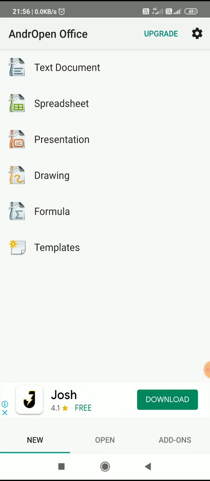Next is presentation. As I told, it is a combination of 6 softwares. The third software is presentation. In openoffice.org, it is Impress. Impress is a software which is used to make presentations, as is done in Microsoft Office with the help of PowerPoint presentations. So this function is served by Impress, or presentation.